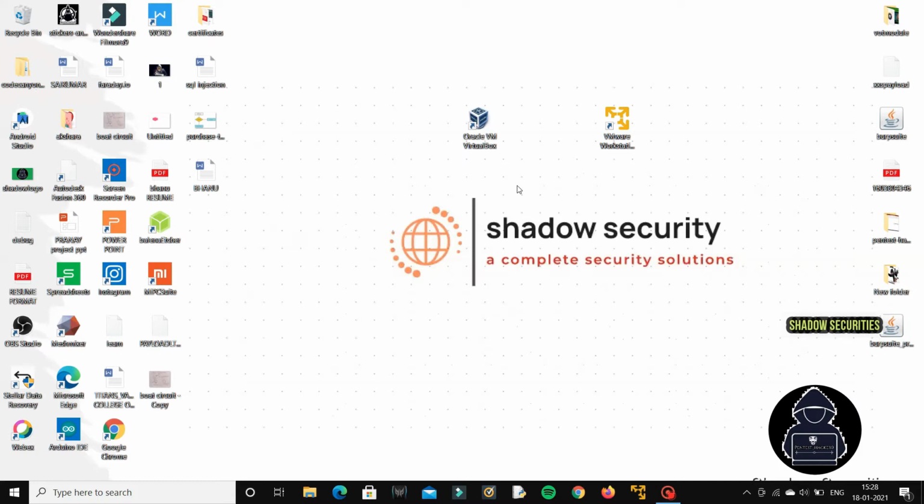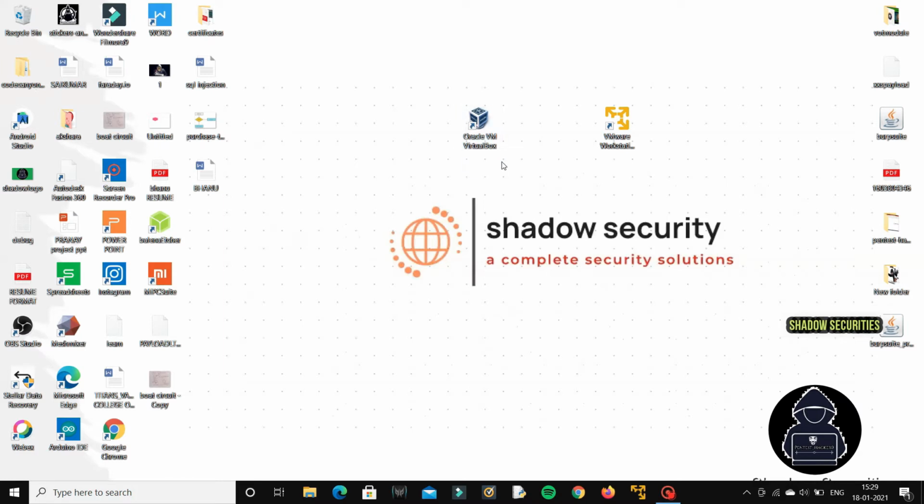VirtualBox is completely free and open source, so you can use all features of VirtualBox for free, whereas VMware is somewhat paid, so you have to pay a single payment, I think $150. After that you can avail all features of VMware. So today I will show you the free software, VirtualBox.